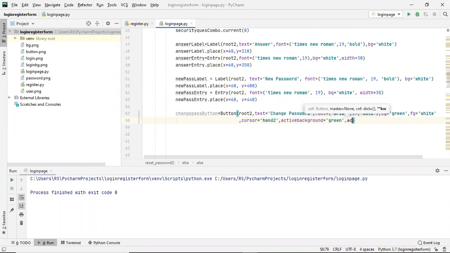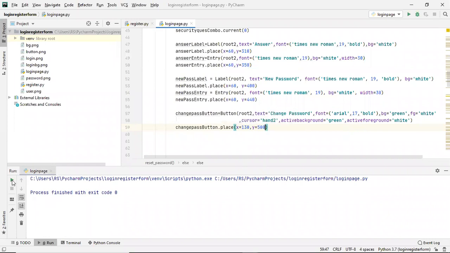Okay, similarly active foreground, and this will be the color of the text when you will click on that button. So you want to see the white color. That's it. And now what I'll do, I'll simply place this. So change pass button dot place, and where I'll place this, x equals to 130 and y equals to 500.